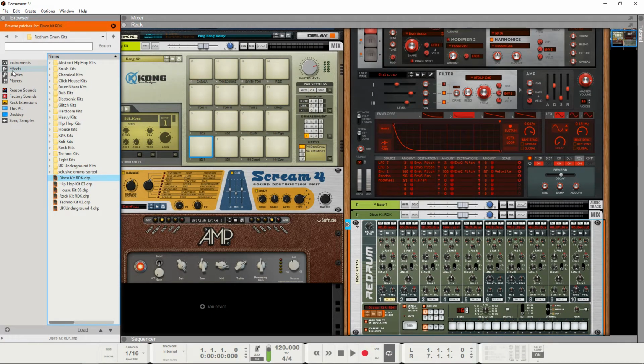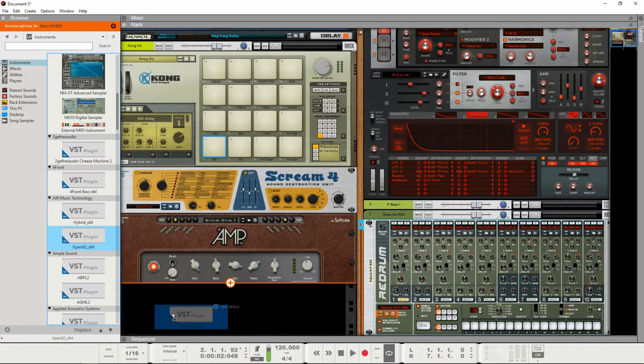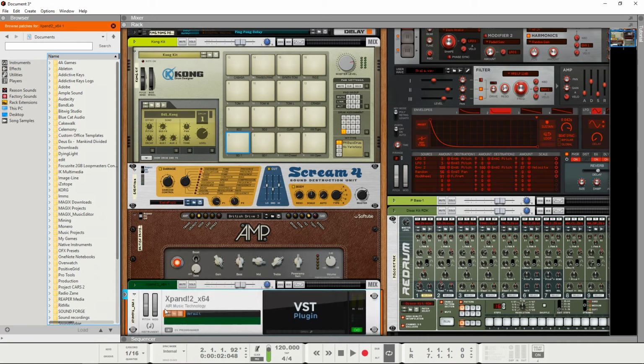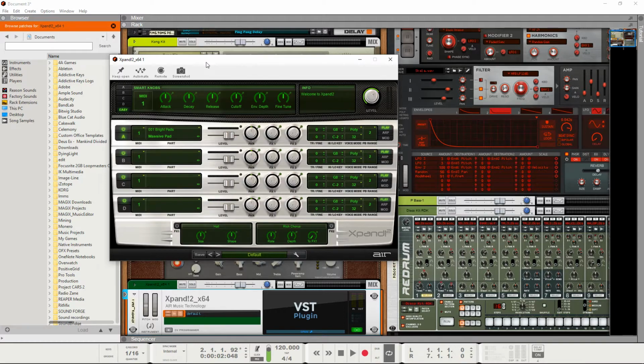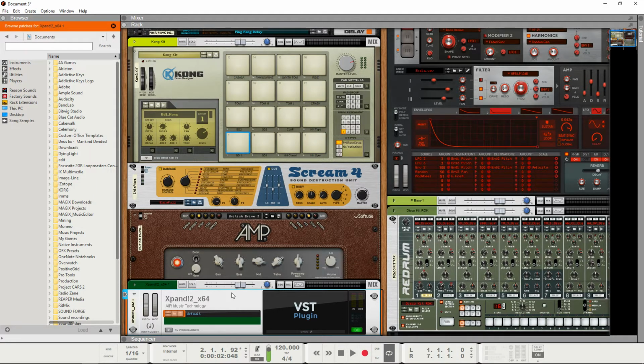When adding instruments and effects to a track in Reason, they get placed into the rack where you can easily adjust any of the settings or access the presets of that plugin. If you bring in a third-party plugin, it gets put in here too with a generic faceplate. You have to click right here to open up the plugin's user interface. It really looks cool, and sometimes aesthetics can help the flow of creativity.